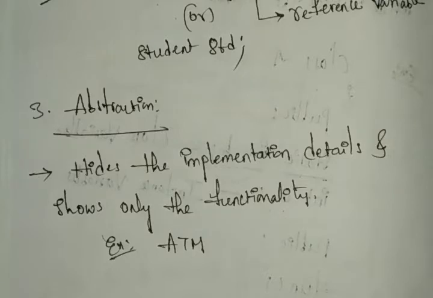But abstraction mainly focuses on what the object does, and the user cannot know how it works. You are just withdrawing the money from the ATM, but you don't know what happens inside the ATM. That is the functionality. Functionality means it gives the money to you, but whatever implementation details are inside the ATM will not be shown to you. That information is hidden in the ATM's performance. Okay, so you can choose any example, or else you can see the car example.